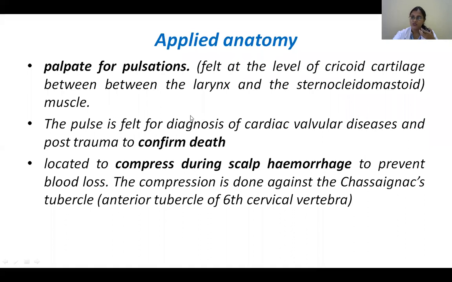And what is the importance of the common carotid? When you are palpating, there are so many pulsations which you have to take, and one is the common carotid. Usually you've got around 8 sites where you have to palpate for pulses in your case sheet when you go to the next clinical year. Usually we do it bilaterally, checking the radials and all that. But one thing you should not do is bilateral palpation of the common carotid, because you can kill him by stimulating what? You've got a carotid body and carotid sinuses. You remember which is the baroreceptor and which is the chemoreceptor.